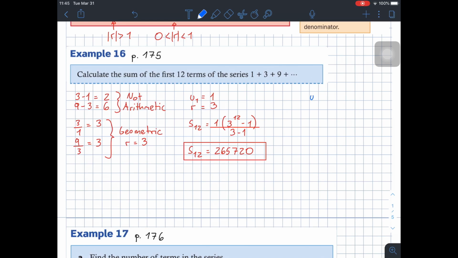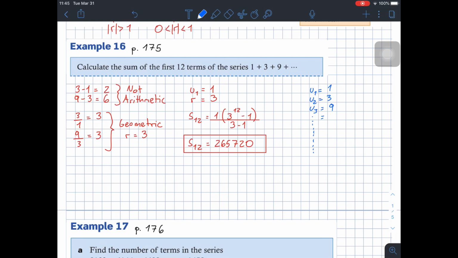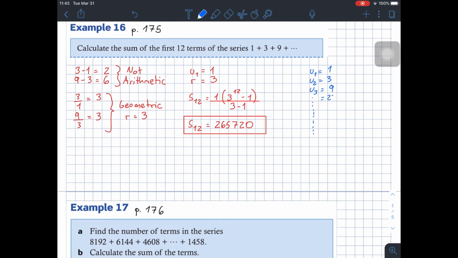If we say that U1 is 1, U2 is 3, we're going to do this until U12. So U3 is 9. Then, it's better if we use the menu table for this. This would be 3 to the power of x minus 1. So table, set from 1 to 12, step 1. So these are the terms. This is 27, then we have 81,